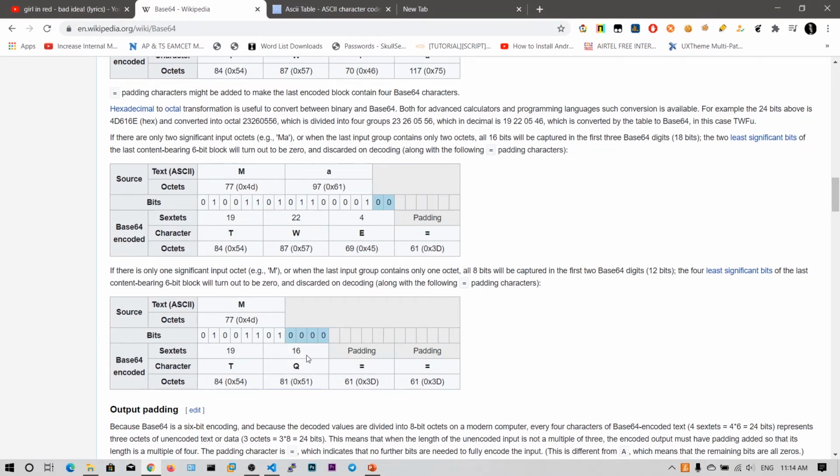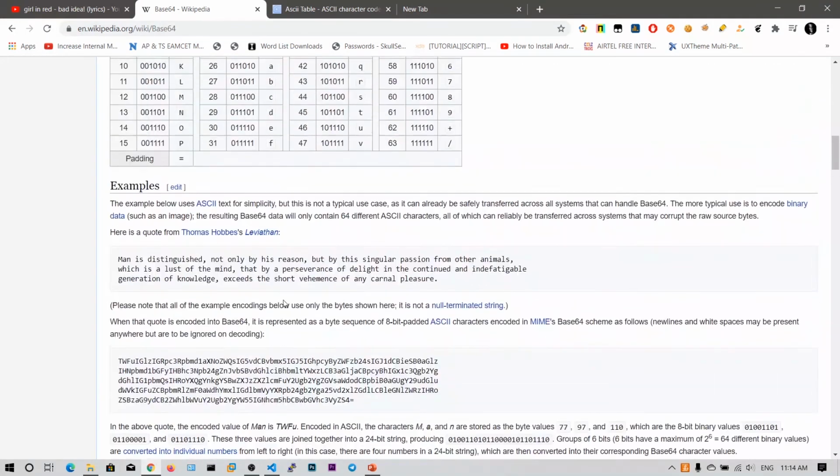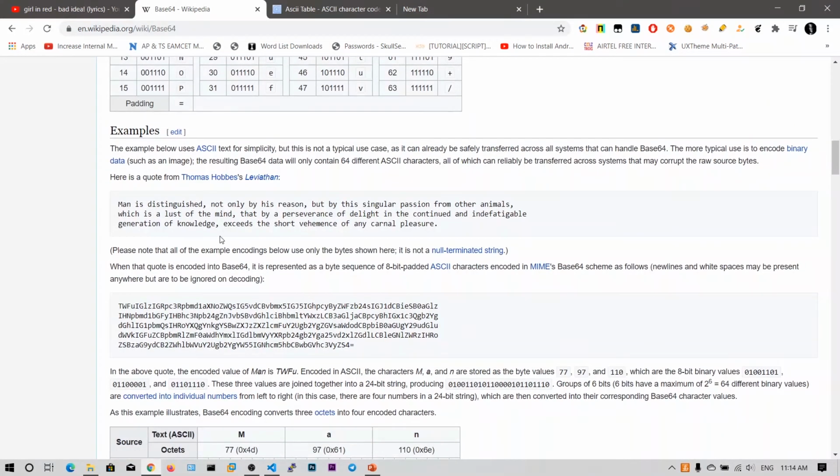After looking at the base64 table, you get Q. The last 12 bits are empty, so you put the padding, which is equals to. One way to remember that this is base64 encoding is that you can normally see the equals sign at the end of the encoded string.